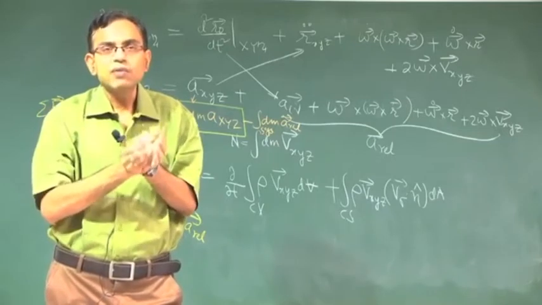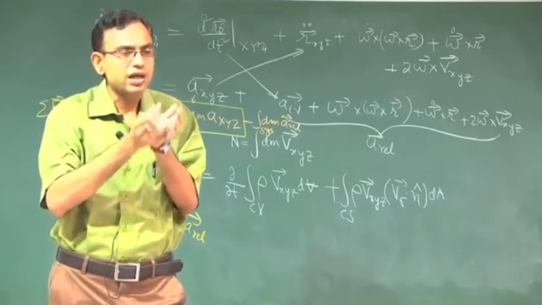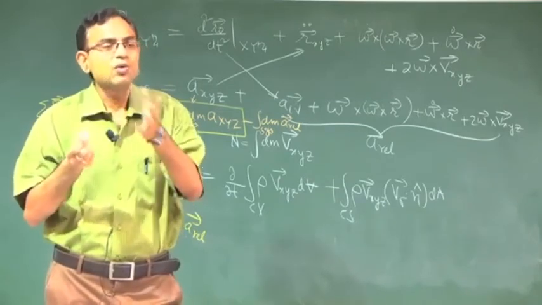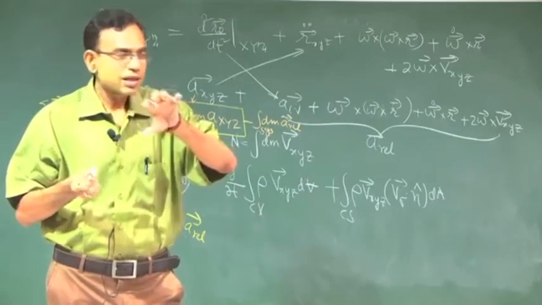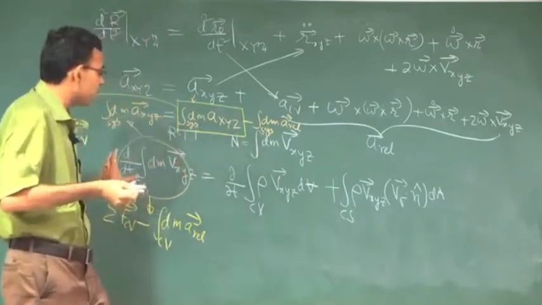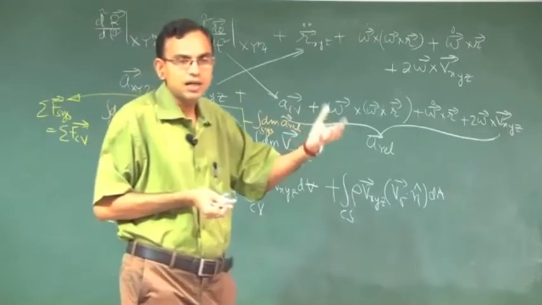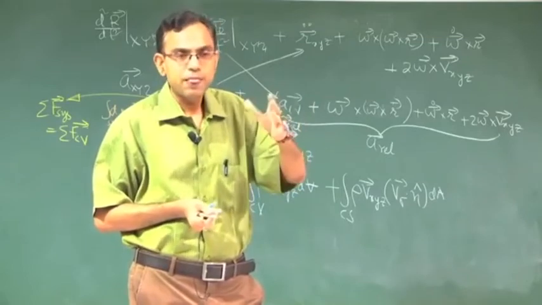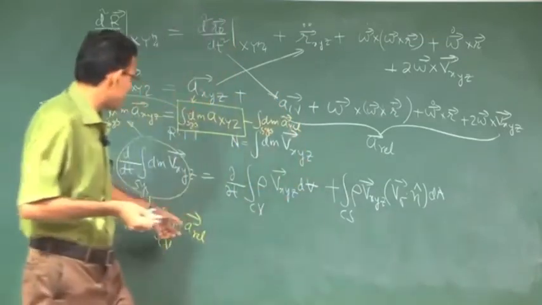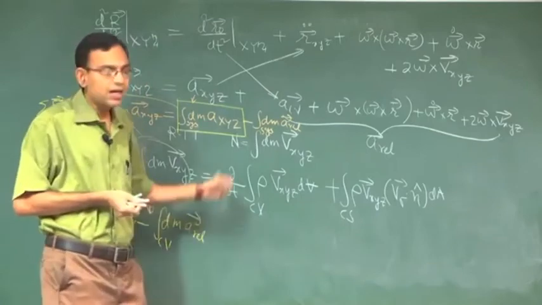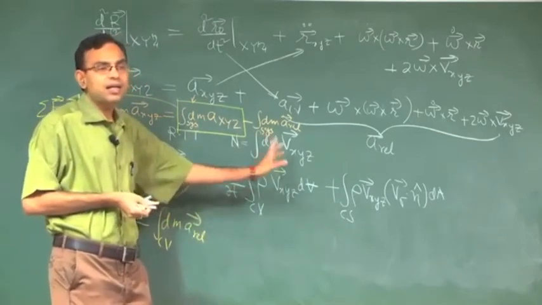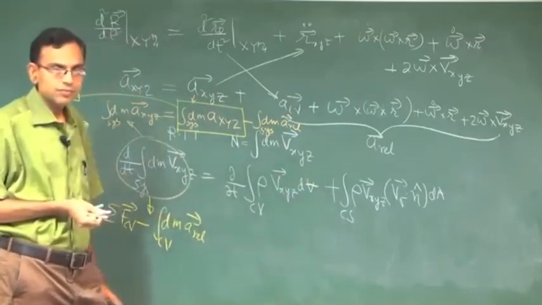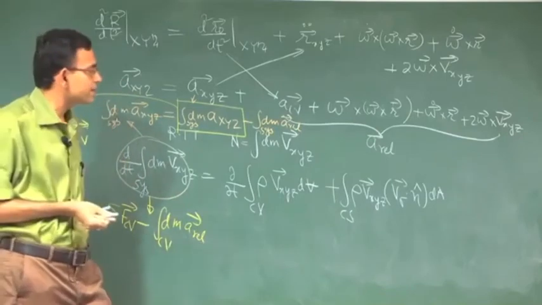So if you are observing from an inertial frame, the net effect is a centripetal acceleration, which is acceleration towards the center. If you are observing from a non-inertial or rotating reference frame, the net effect is a centrifugal force, which is radially outwards, because one is expressed as an additional negative force and the centripetal acceleration is expressed as a positive acceleration. So, their effects are equivalent. Either you write minus mass times acceleration in the force, or on the right hand side you write it as mass times the centripetal acceleration, but you should not take the same effect twice.